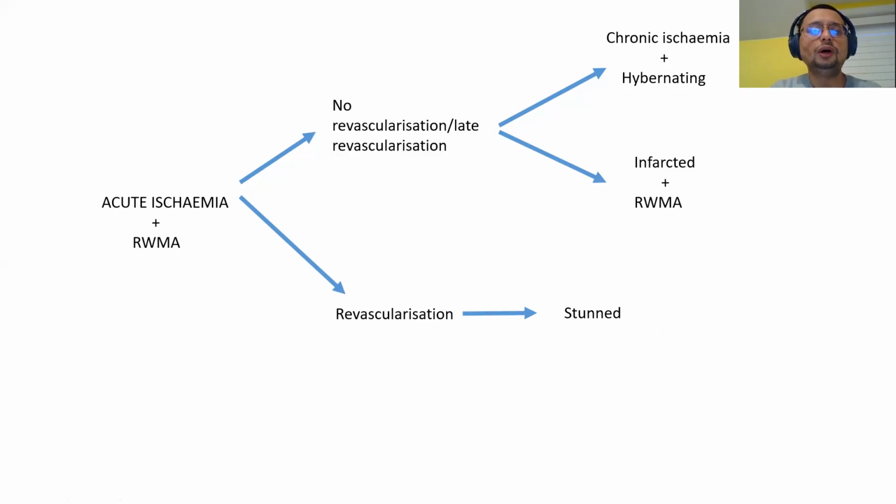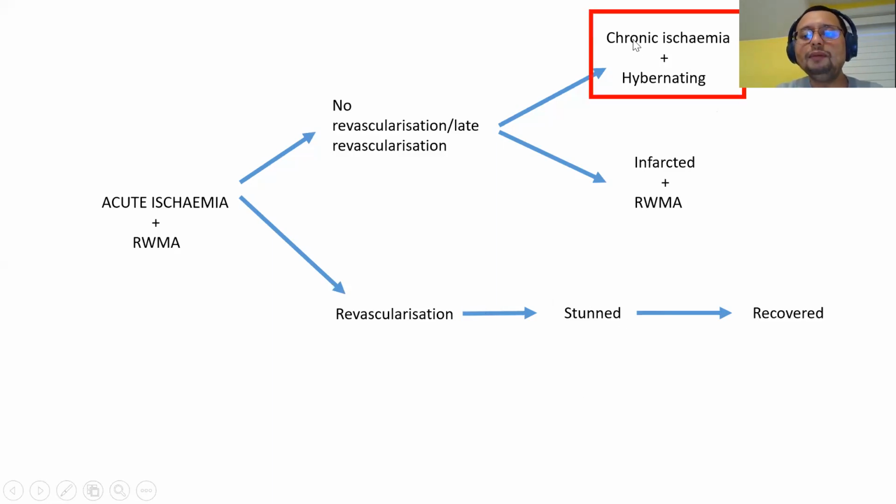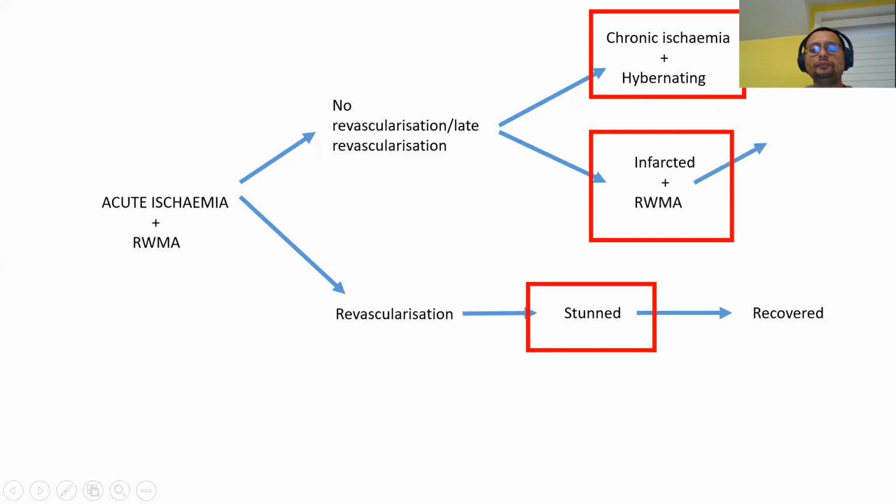Okay. So you give dobutamine because you want to know which is which. Is this patient hibernating? Is this infarcted or is this stunned? So you give them dobutamine. So there are a few different responses that you can expect. If, let's say, the patient has a hibernating left ventricular wall, if you give dobutamine stress echo, okay, so we start with the patient with infarcted first. Okay, if let's say the patient has infarcted myocardium, if you give dobutamine stress echo, one of the ways it changes is